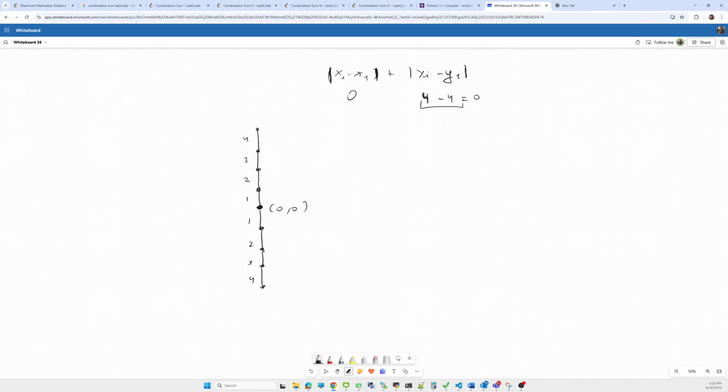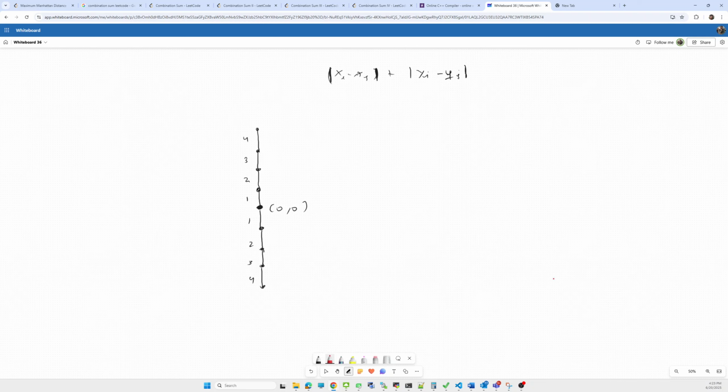Now what we have to do is get the maximum Manhattan distance. Sorry, I was calculating the Manhattan distance in the wrong way. From where do we have to calculate the Manhattan distance? From the origin.